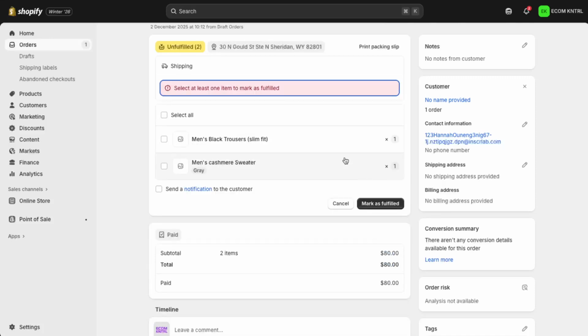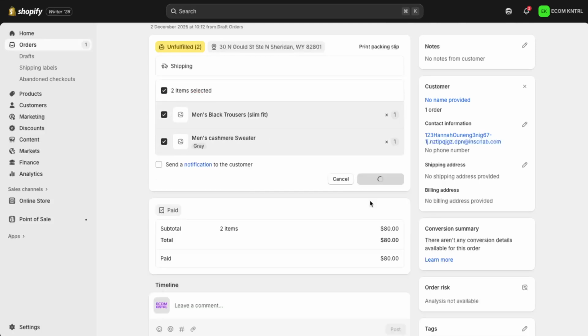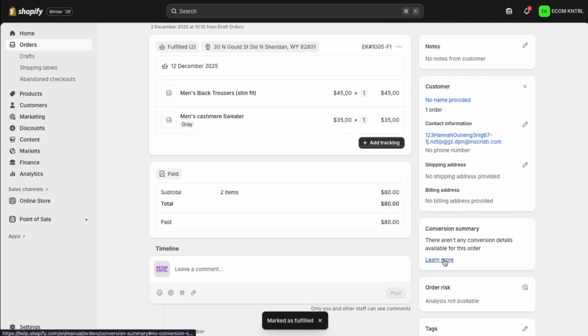If you have notifications enabled, your customer can automatically receive an email letting them know their order is on its way. That helps build trust and cuts down on "where is my order" messages. And that's it. You've successfully fulfilled an order on Shopify. Repeat these steps for each new order, and you'll keep your fulfillment